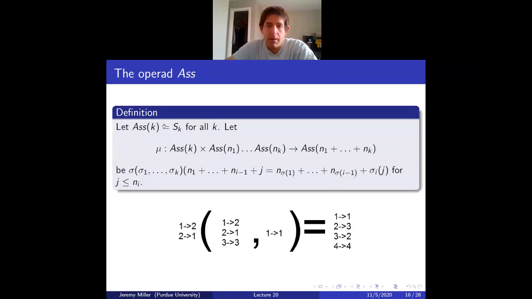Okay. The next example is the associative operad. So the arity k space of the associative operad is going to be the symmetric group on order k. And here's a formula for composition. So the permutation 1, 2 is going to act like this. So we should think of it as sort of like we have